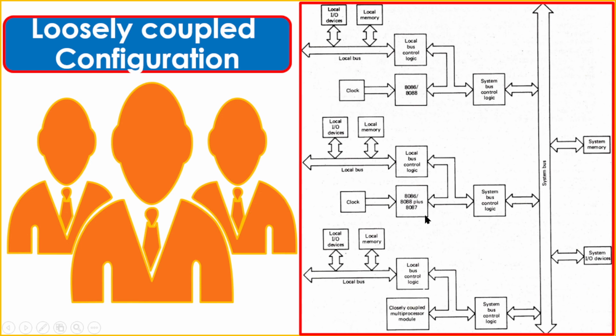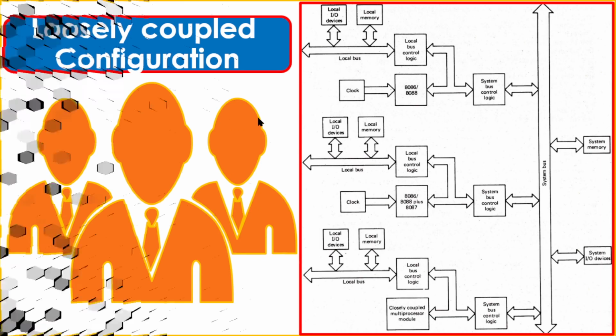That's what loosely coupled is. Loosely coupled means you can extend it by one more block by extending the bus. It is very simple actually. You can connect multiple coprocessor systems in this to build a complicated system, which means more processors in a system to execute instructions very effectively. That's the loosely coupled configuration.